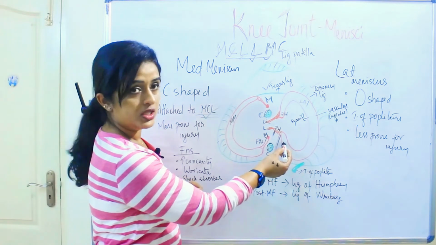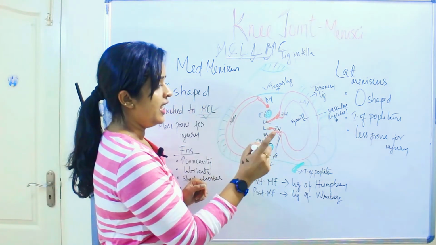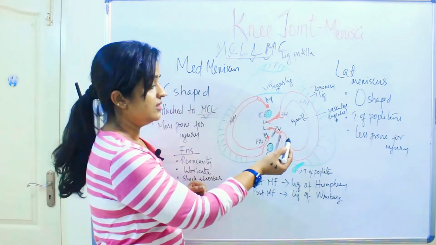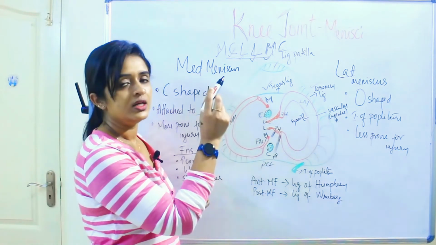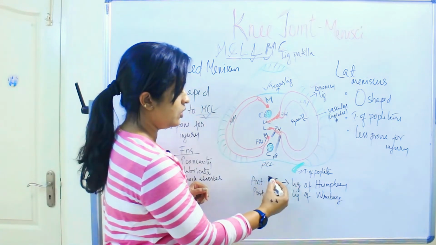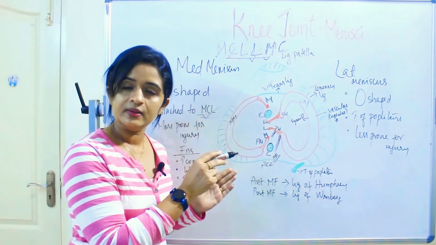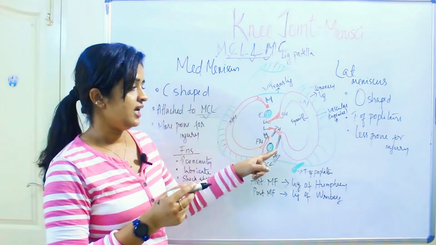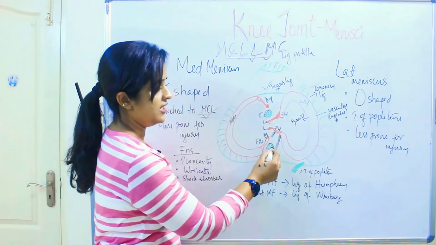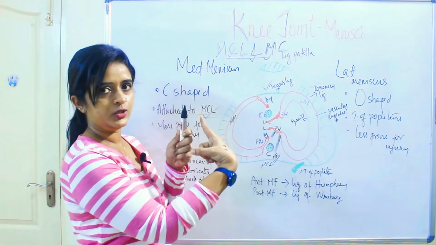Now coming to the posterior horn of the lateral meniscus, not medial, it is lateral meniscus. You have two sets of fibers, can you see, which connect this posterior horn to the femur. Posterior horn of lateral meniscus to femur, you call it the meniscofemoral ligament. Meniscofemoral means posterior horn of lateral meniscus to femur. And it is named anterior and posterior based on the posterior cruciate ligament. So if this is the posterior cruciate ligament, the fibers running anterior to the posterior cruciate ligament and